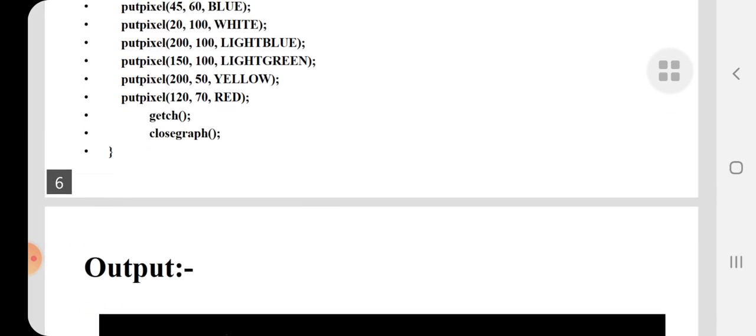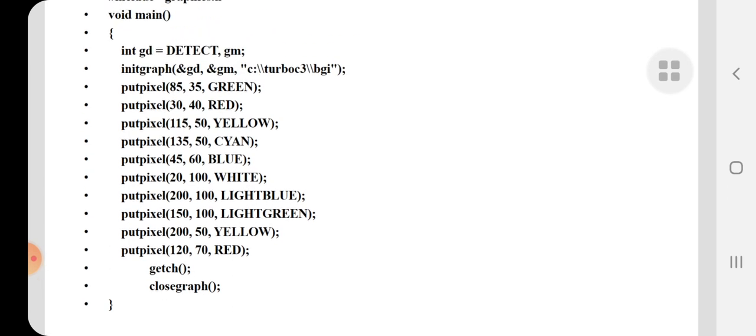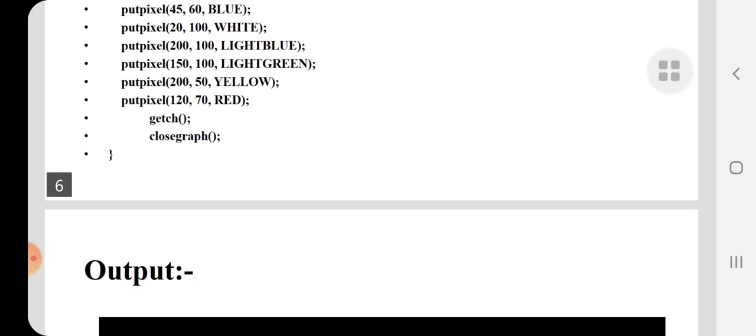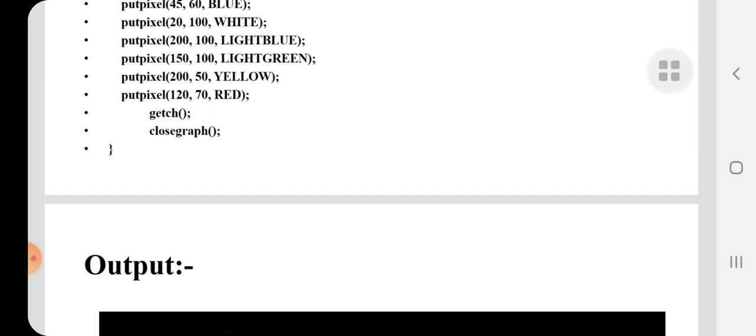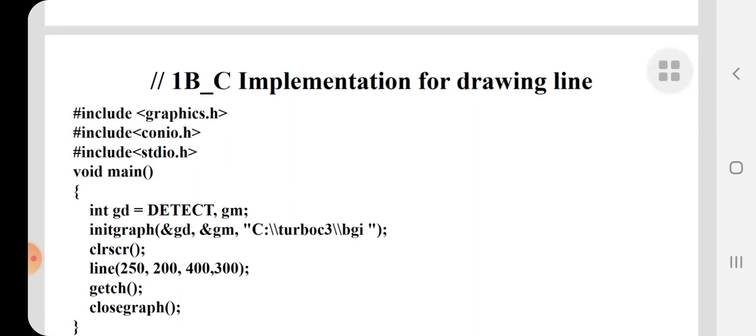After writing this program, you first have to compile it, and when zero errors appear on the screen, you can execute it. After the execution, you see the output as dots, and these are called pixels.